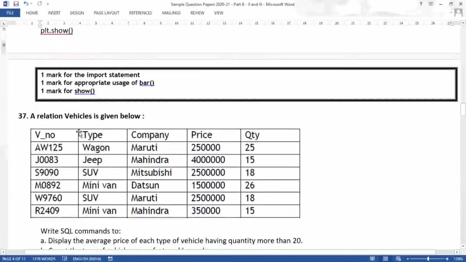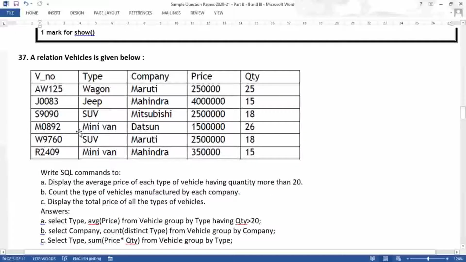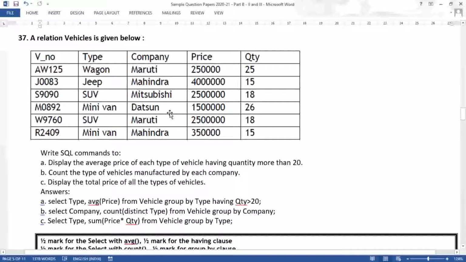Question number 37. A relation vehicle is given below. So this is a table. Display the average price of each type of vehicle having quantity more than 20. So it is very simple. First you have to decide what type of information they have asked in the query, what they want to display. So here they want to display the average price of each type of vehicle having quantity more than 20.